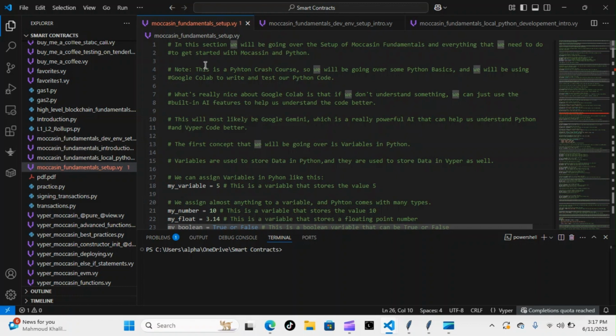This is a Python crash course. So we'll be going over some basic Python and we'll be using Google Colab to write and test our Python code. And what's really nice about Google Colab is that if we don't understand something, we can just use the built-in AI features to help us understand the code better. This will most likely be Google Gemini, which is a really powerful AI that can help us understand Python and